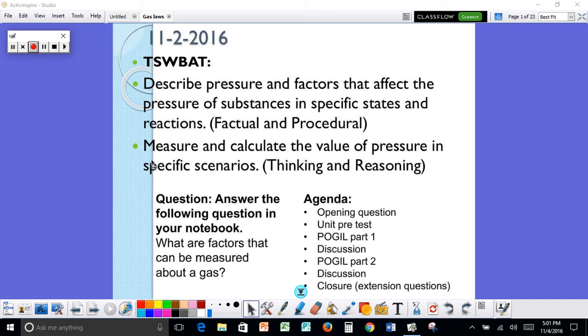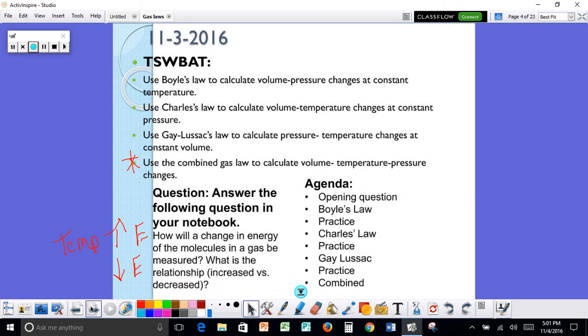Okay, yesterday we were working on the POGL for gas laws, and we started to describe pressures and factors that affect the pressure of a substance in specific states and reactions. We also began to measure and calculate the value of pressure in specific scenarios. So today we are going to begin to look at some different areas